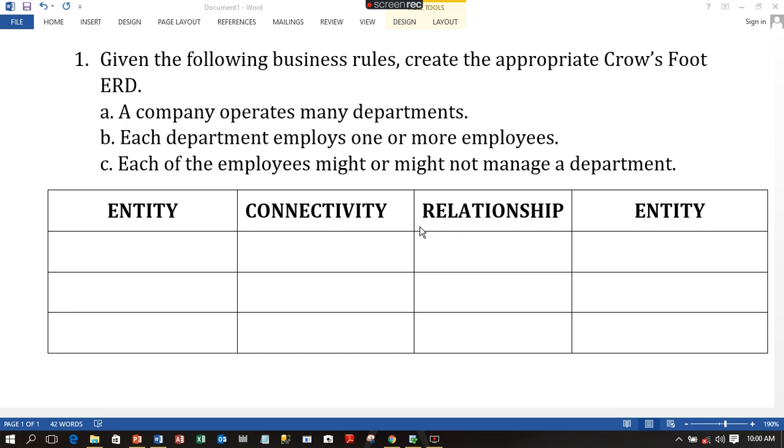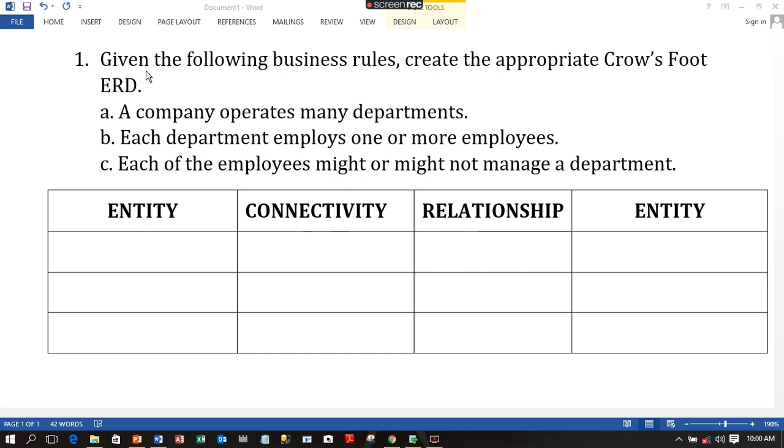On this episode we are going to look at a very simple business rule and then how to fetch out an entity, the relationship connectivity between two entities. When we finish with the business rule, the next thing that we are going to look at is how to apply the data modeler software. So this is just a simple business rule,